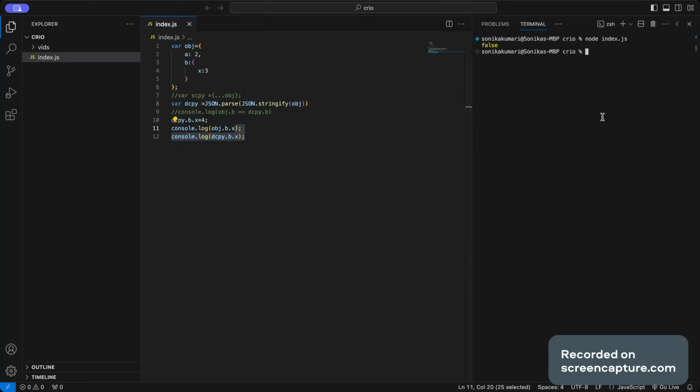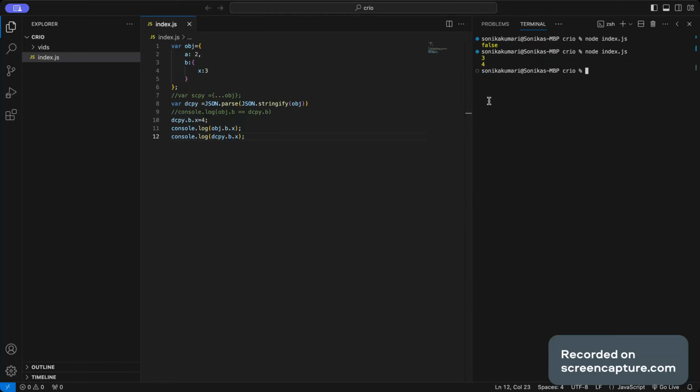So, since both of them have separate copies, the whole object is copied by value. There is no shared reference between them. So the original object should retain the value of the original x, and the new object should have the new value. Yeah, that's what we see.